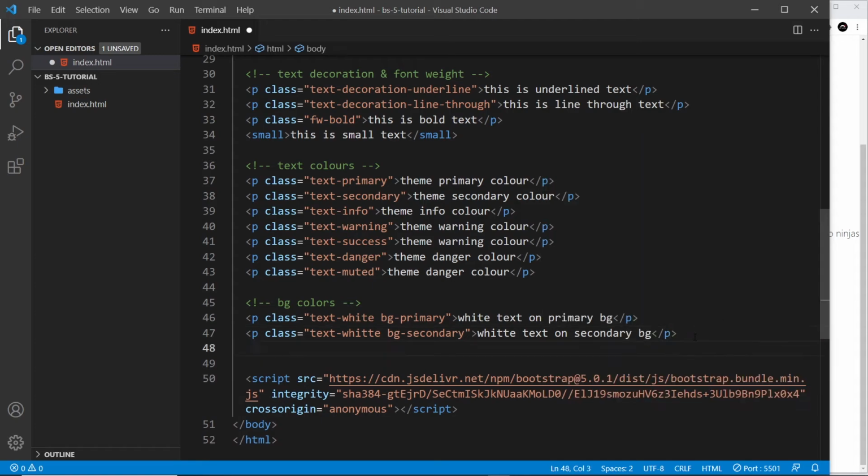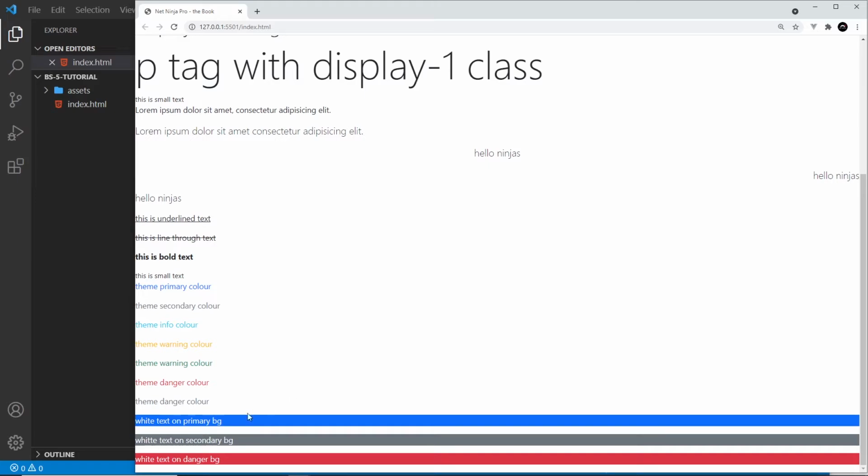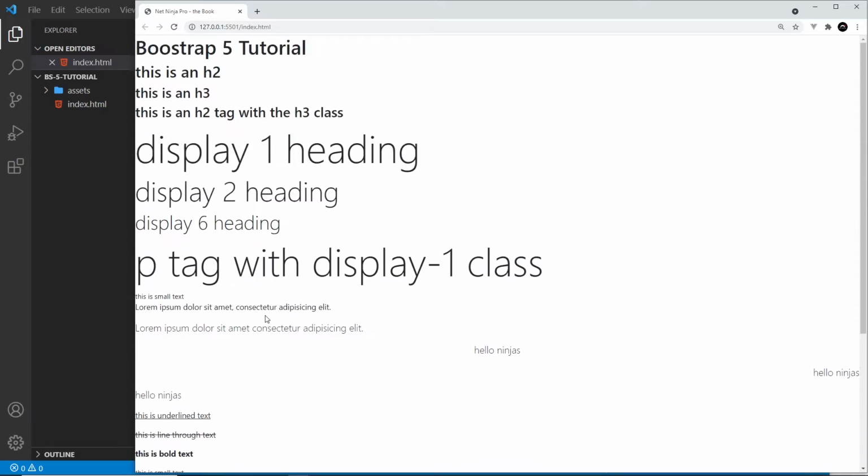Let's come down here and say text and then hyphen secondary. And then down here, we'll say text, hyphen info. These are all the different theme variables, or the theme colors we just saw. So text hyphen warning. And then down here, we can say text hyphen success. And then I'm going to say text hyphen danger. And then another one I want to show you that we didn't just say is text hyphen muted. And what that one does is